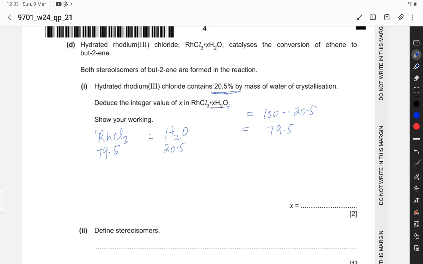So the Mr of rhodium chloride is 209.4, and Mr of water is 18. So calculate mole. So mole is 0.0